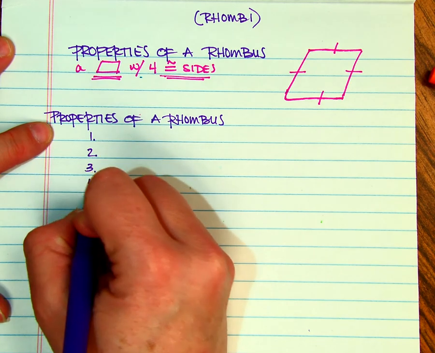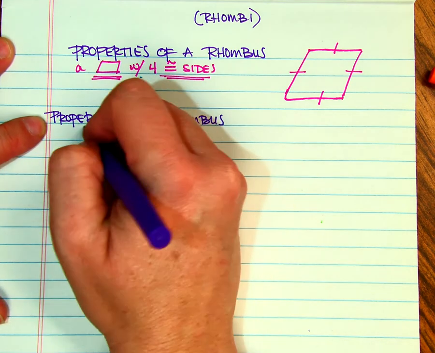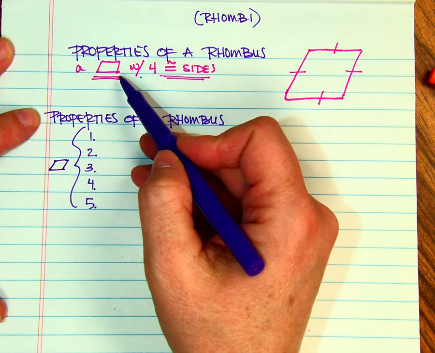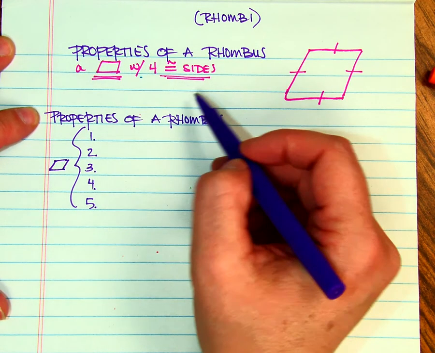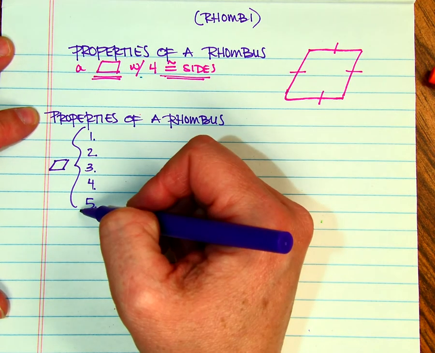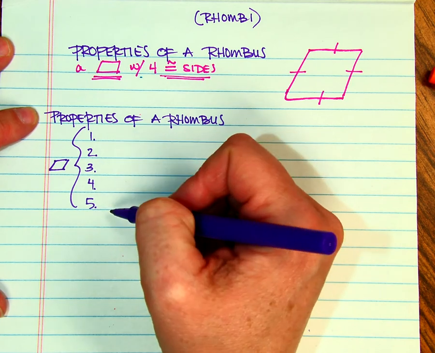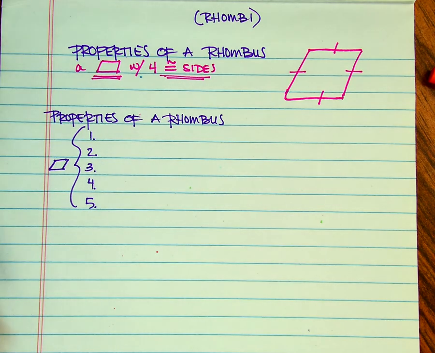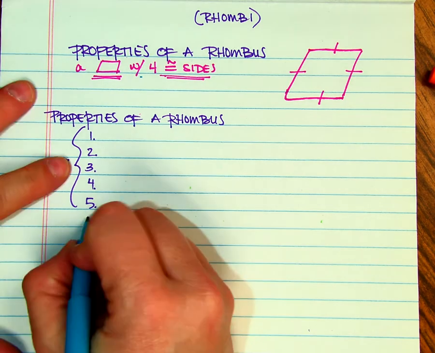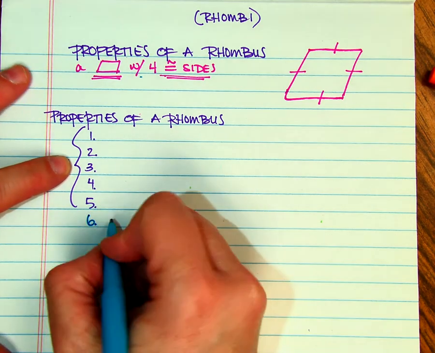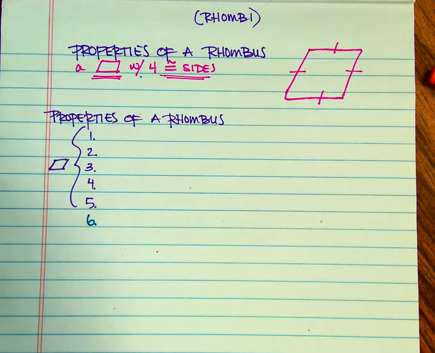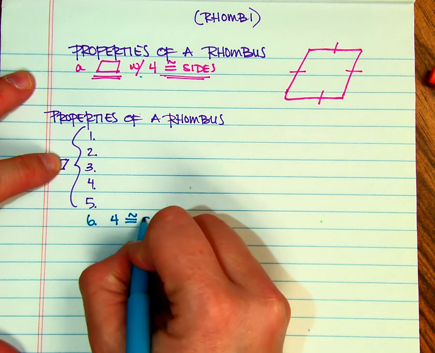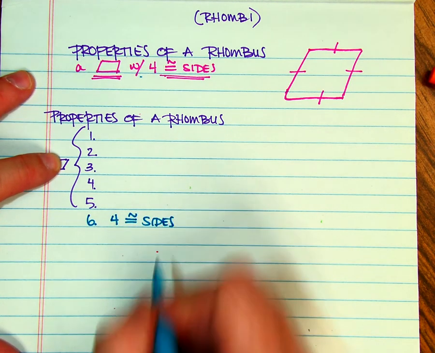we have those 5 properties of a parallelogram. And so because it's a parallelogram with 4 congruent sides, that means it has those same 5 properties. I'm not going to write those down. You've had those in your notes twice now. But what makes a rhombus is that not only do you have 4 congruent sides, which is part of the definition,